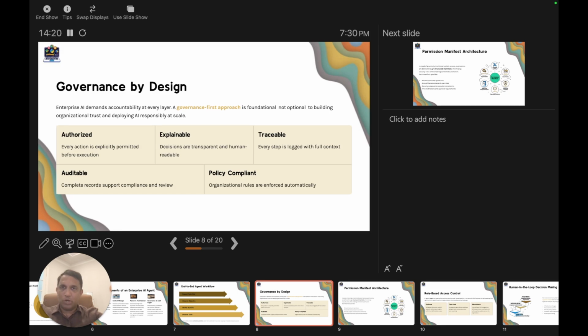And it must be policy compliant, where your organization's rules are enforced automatically, not by hoping people follow them. If an agent action can't satisfy all 5 of these, in my view, it shouldn't run in production. We'll have to revisit each line item and fix it. We'll go to the next slide and see how the permission manifest architecture works.